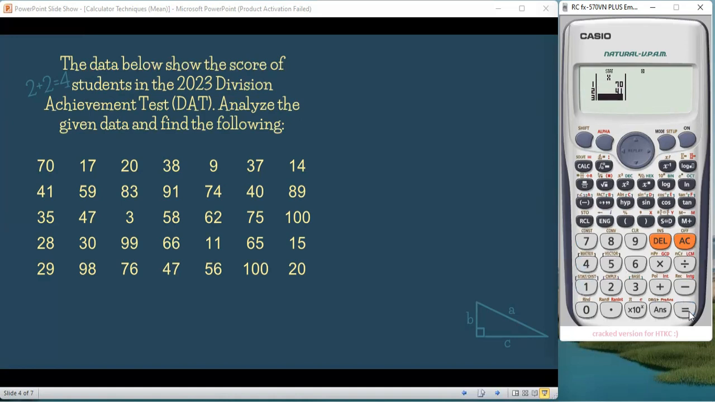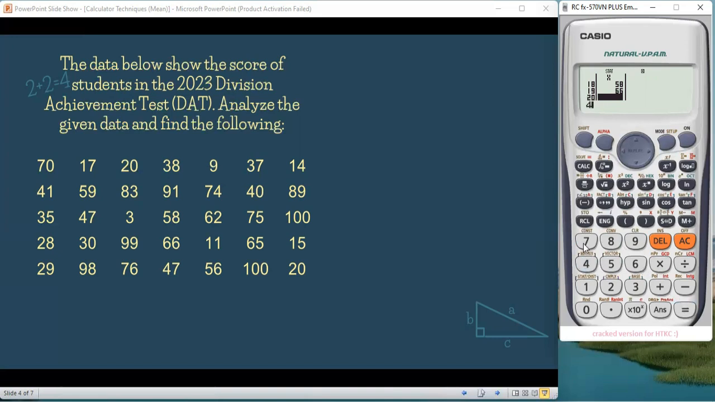41, 35, 28, 29, 17, 59, 47, 30, 98, 20, 83, 3, 99, 76, 38, 91, 58,